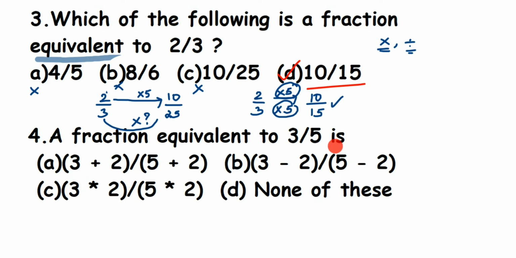So like I said before, to get the equivalent fraction, we either multiply or we divide numerator and denominator with the same number. Then the first option, we are adding, so it's not possible. Second one, we're subtracting, so we don't do that either. And third option, we are multiplying. The star is nothing but multiplication, and we are multiplying numerator and denominator with 2, which means C